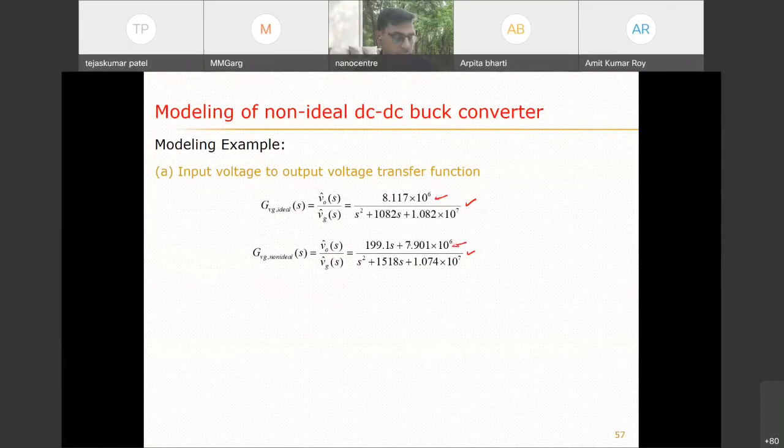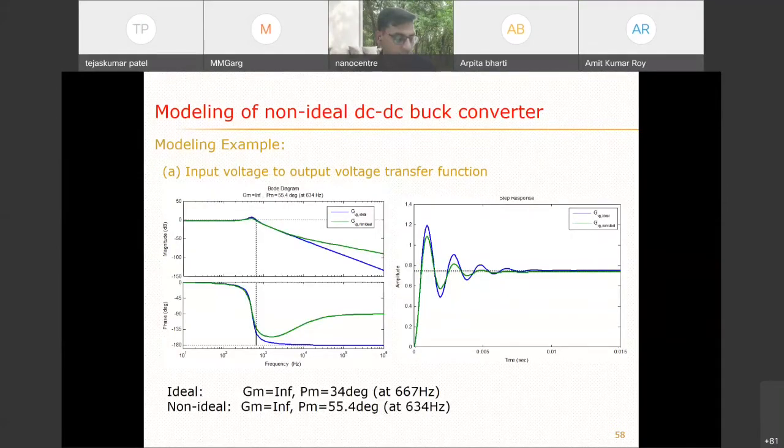0.75. But in the non-ideal case, inductor current is 1.05 ampere, output voltage is 11.9 volt, and the gain factor is 0.725. So these are the transfer functions. By putting these values we get, in the ideal case, this transfer function, and in the non-ideal case, this transfer function. What we see is that the numerator here has only constant terms, but here the numerator has a zero. Similarly, the denominator has two poles only, but the locations are different.